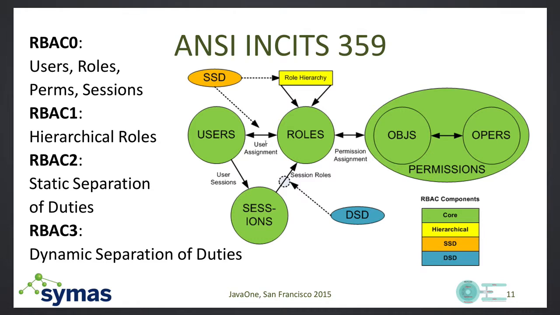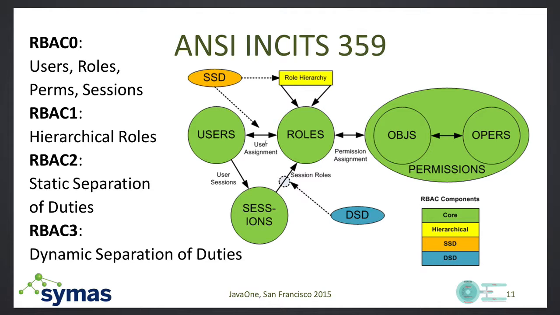RBAC making the distinction between roles being assigned and roles being activated. And this is in keeping with the principle of least privilege. Only give the user the power they need to complete their job at any point in time and no more. RBAC 1, hierarchical roles, is more about administration, and it's designed to make things easier for the administrator. They can set up base roles that have base levels of permissions, and then have derived roles that are actually assigned to the users that inherit from this, and it keeps to a minimum the amount of roles that have to be created and helps to